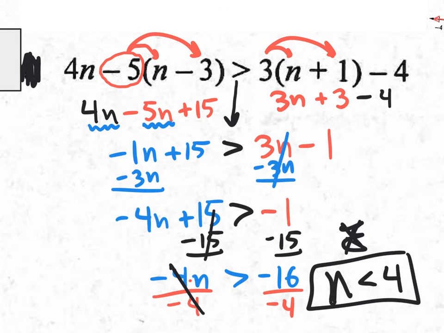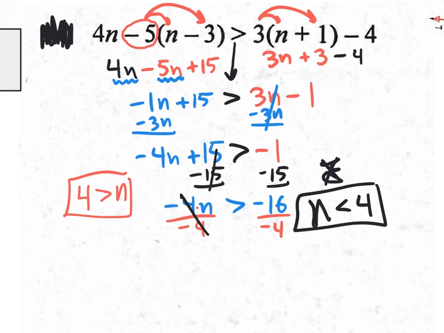Now there are many roads to the same place. You could have done it completely different. You could have ended up with 4. Let me actually write this down. I saw some people write the answer like this. 4 is greater than n. That's totally fine. It's 100% correct. But I like it with the letter on the left side, especially if you're going to be graphing, because when you graph,